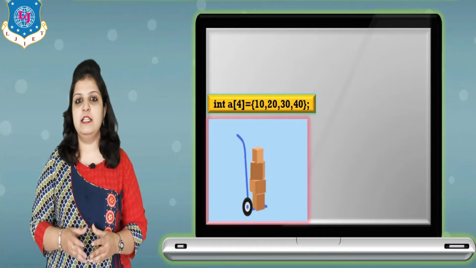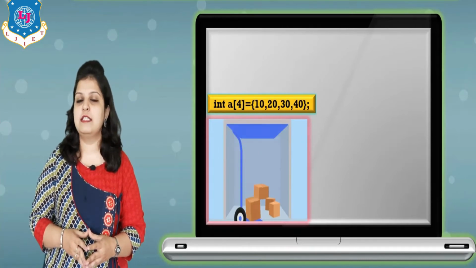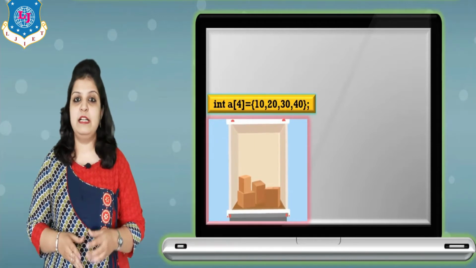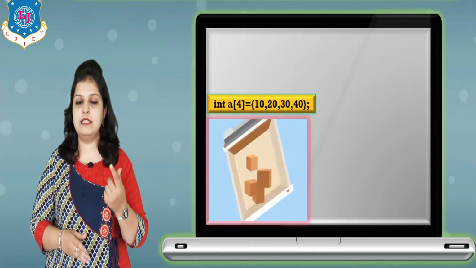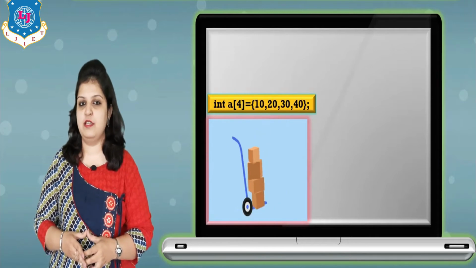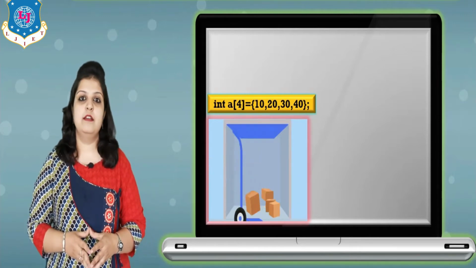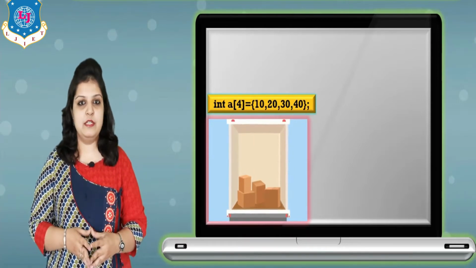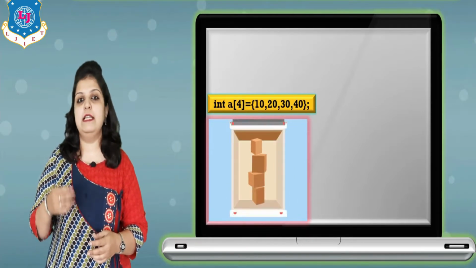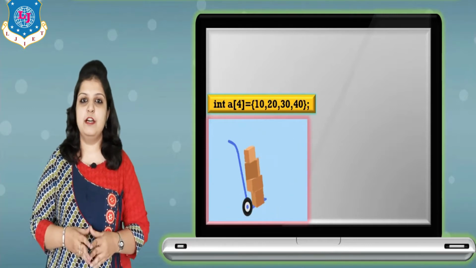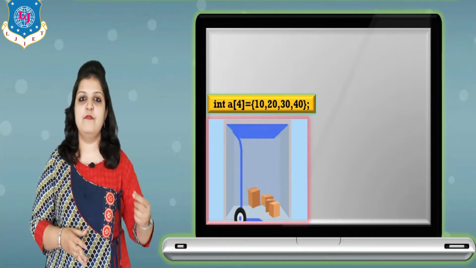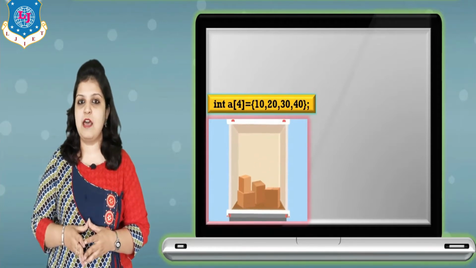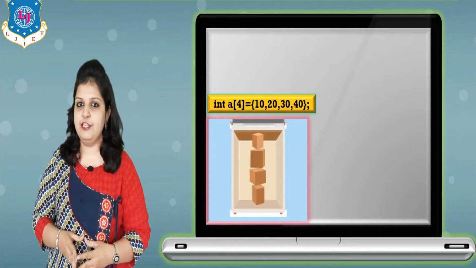Before starting this module, just remember the concept of array. What is an array? When you want to store multiple elements together in a single variable, then we can use an array, right? But what is the limitation of an array? We can store multiple values in the same variable but of only the same data type. Here in the figure you can see that int a[4] is equal to 4 different elements, but these 4 different elements have the same data type, that is integer.